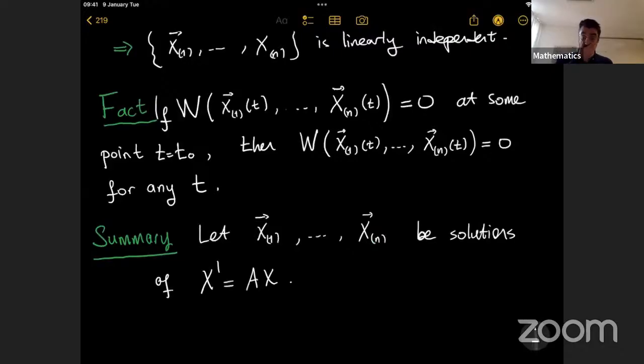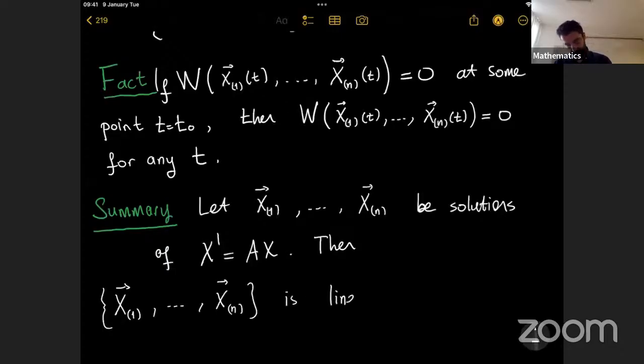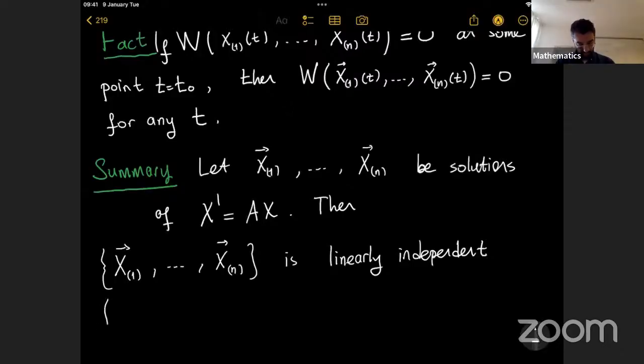Then this set is linearly independent. That means it's a basis, because we have the right number of linearly independent vectors. It's a basis